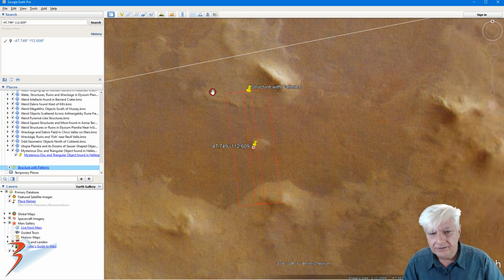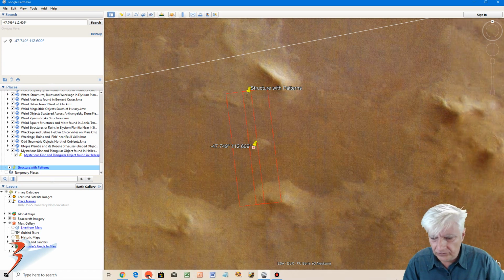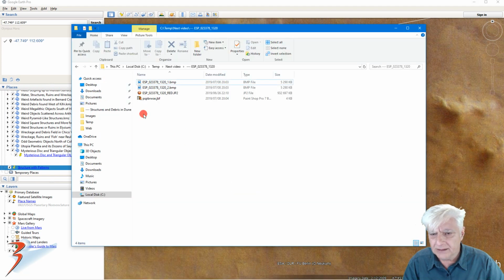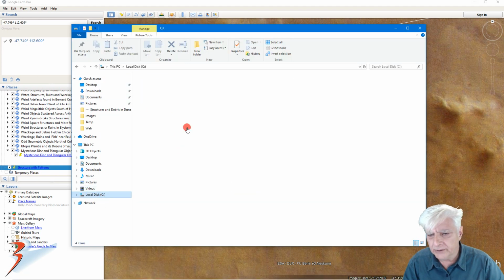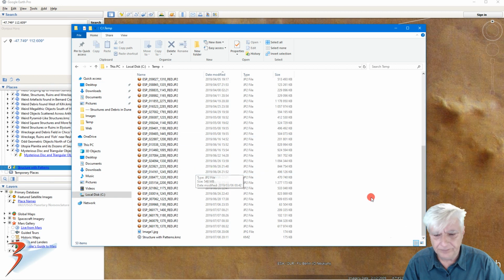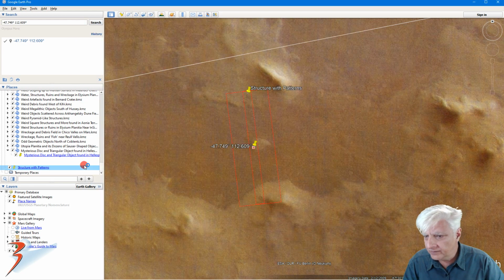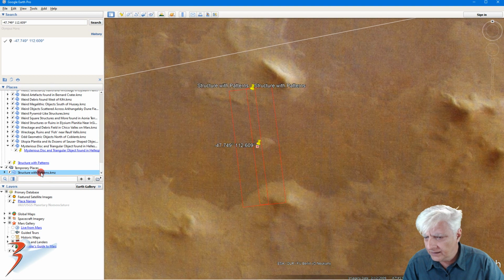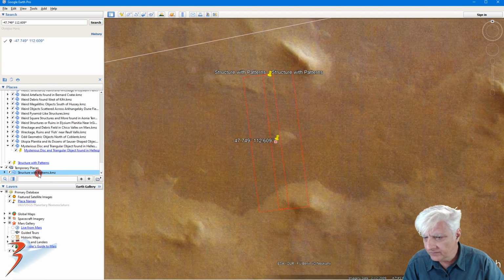And then to make sure that Google Earth saves that KMZ file, just open it in your Windows Explorer, double click on it, there it is there, and you'll now note Google Earth pulls it in as a permanent link,